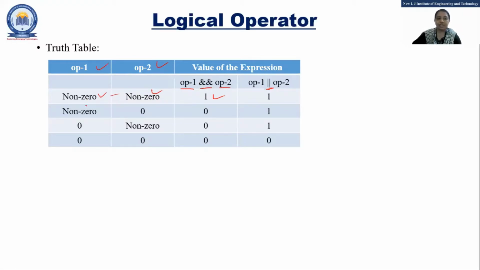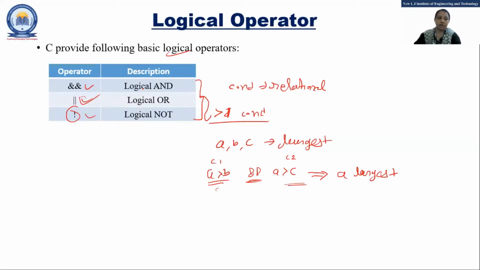For the second option, non-zero and 0, the output is 0, because when you do logical AND of this, it becomes 0. And for OR it will be 1, because either one is non-zero. In this way it will work. That is the logical operator. There are three logical operators: logical AND, logical OR, and logical NOT.